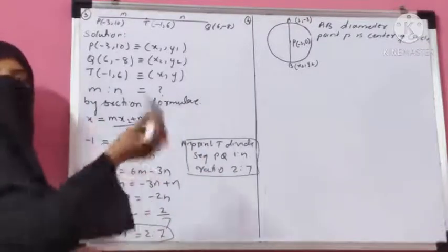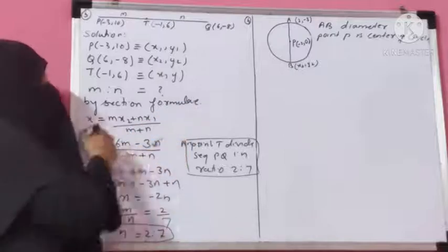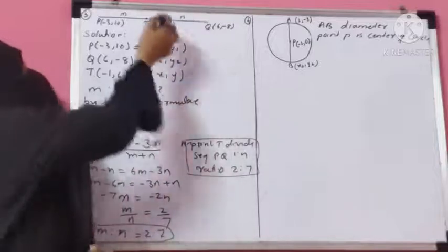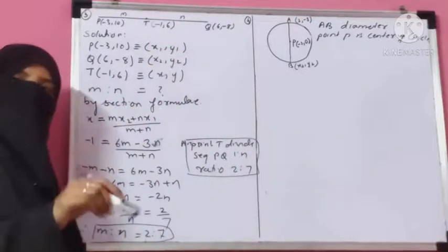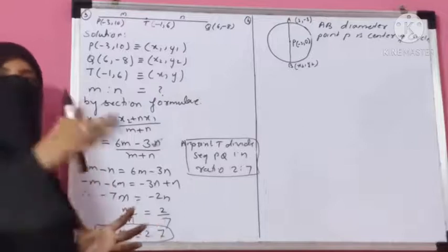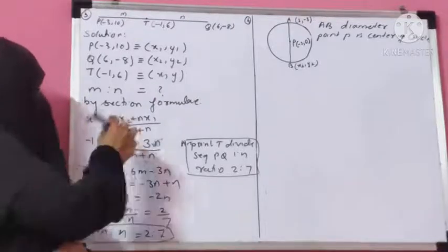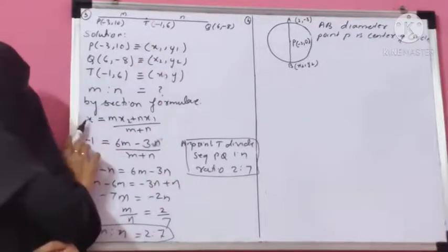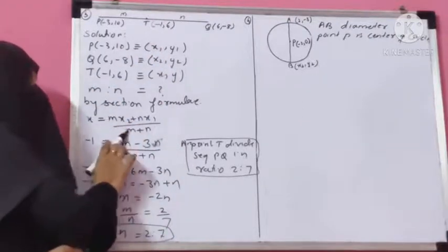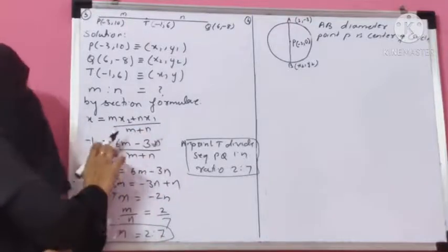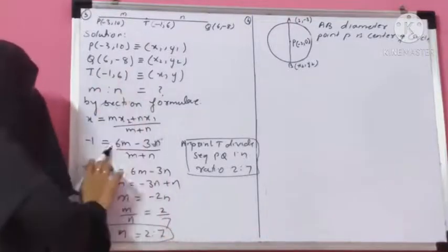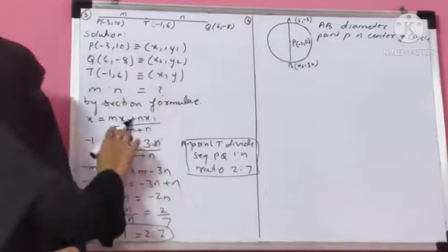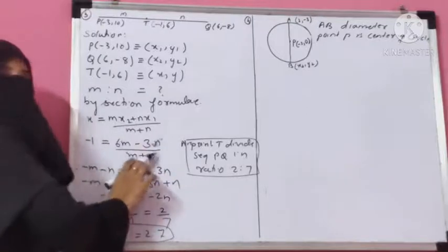write the separate formulas, that means the x coordinate and the y coordinate separately, because here we don't have to find the coordinate, it is already given. When you have to find the coordinate, then use the combined formula of x and y coordinates. So by the section formula, the x coordinate is (mx2 plus nx1) divided by (m plus n). Substituting the values, x2 here is 6, so 6m plus x1 is -3, so plus -3n, divided by m plus n.